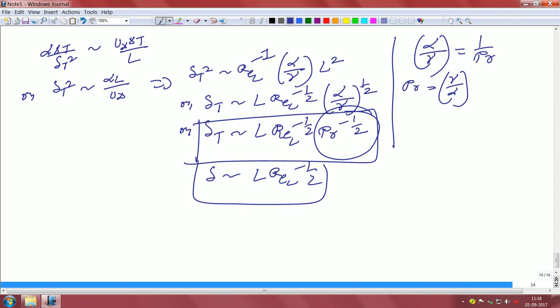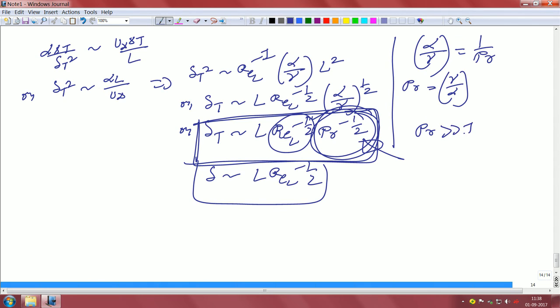But on the other hand, in this case we have found an expression which relates the thermal boundary layer with the Reynolds number and with the Prandtl number of the flow field. Prandtl number is a property dependent parameter, remember that. So, these are the two important things, and this is valid for Prandtl number